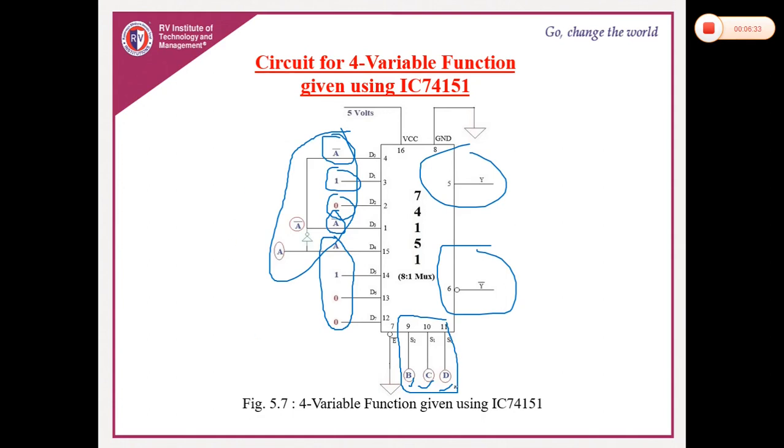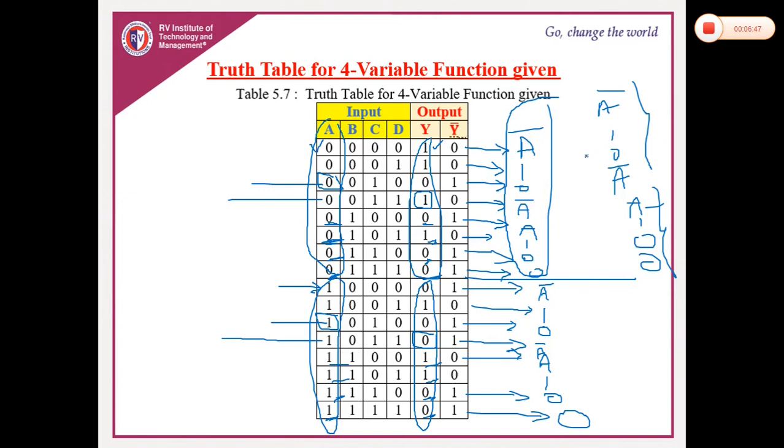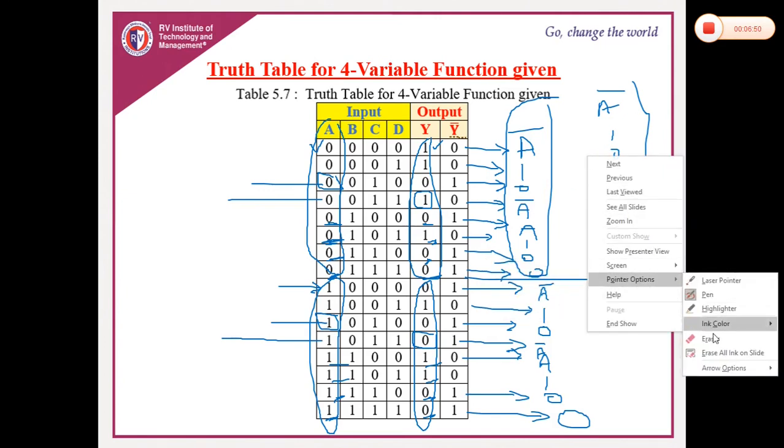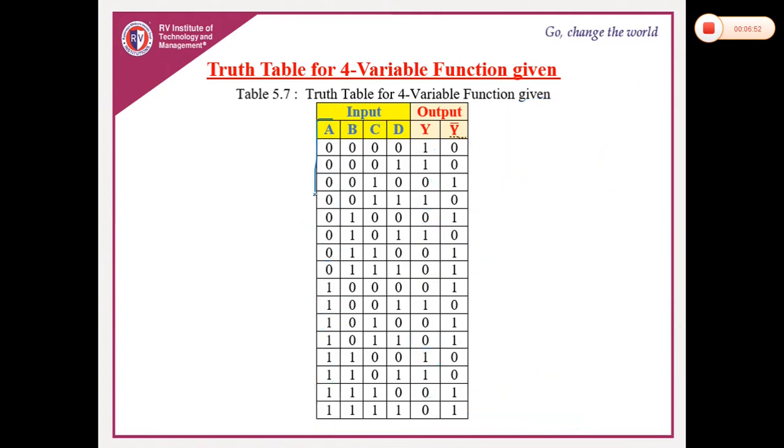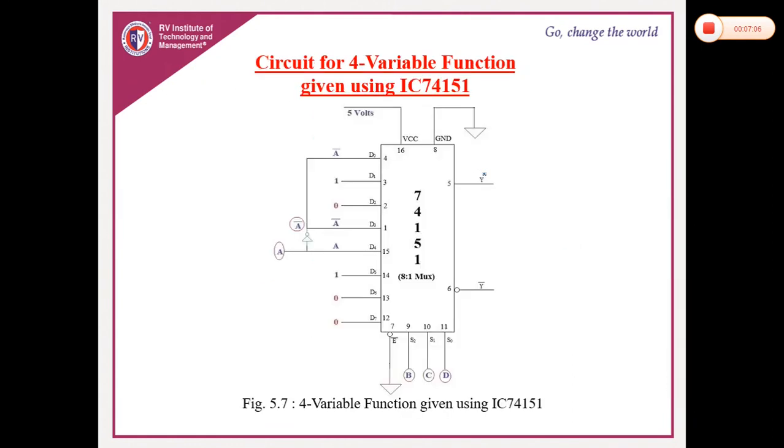This is all about B, C, D, which act as select inputs. The enable pin, you just ground it, and whatever you require for the variable function, you will get at the output side. So this is all about 4 variable function realization. I am repeating, there is no problem with the BCD inputs, the only problem is with A. First divide the entire circuit and compare it with the Y output, and depending upon that write the expression, like whatever we did for the full adder and full subtractor. Then you will get the 4 variable function circuit.